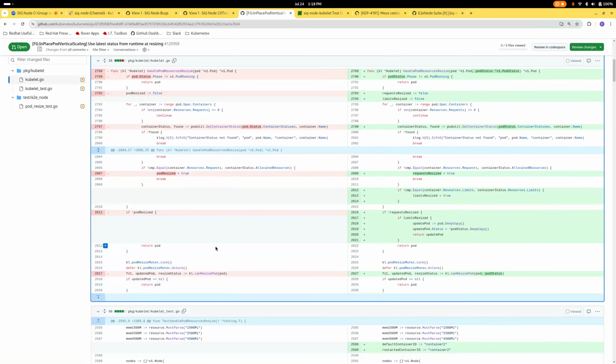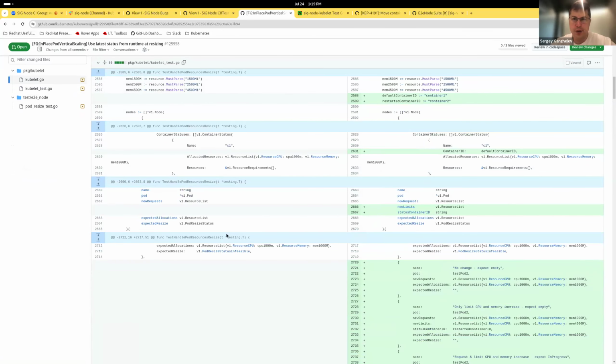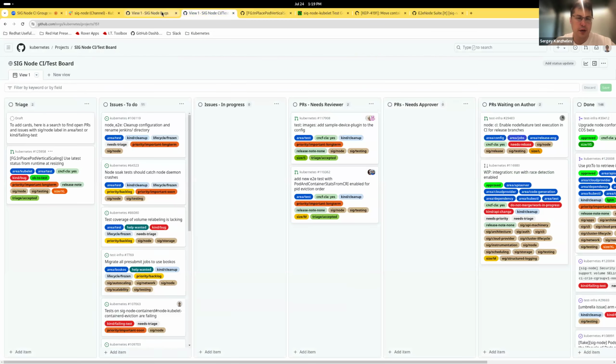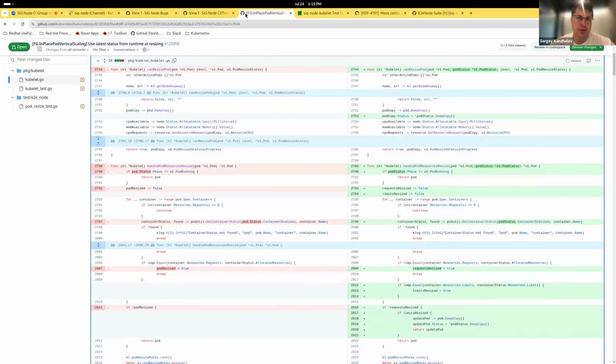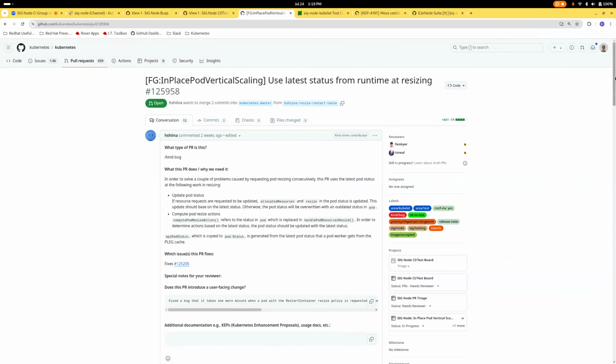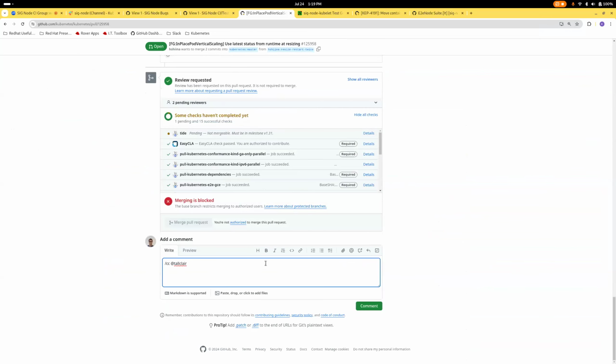It will solve some other bugs, I think. Okay, I think we can mention Tim O'Clair here because he's looking at in-place VPA. Super, thanks.